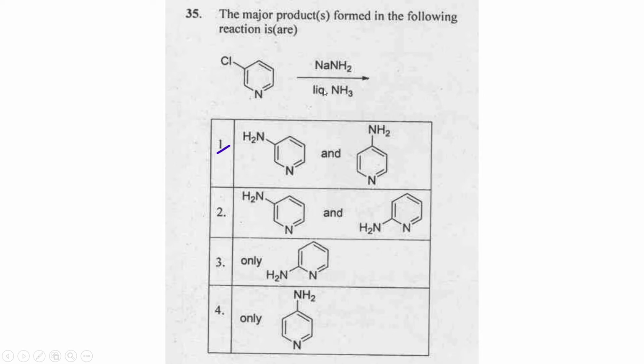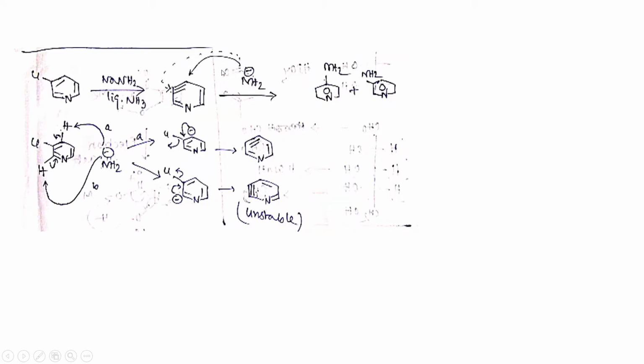Everyone knows that a benzyne type of intermediate will form here. But where will the benzyne form? This is the question. Sodium amide, that is, the strong base NH2 minus, can take a proton from pathway A or pathway B. That is, it can make a negative charge on this position or this position, and accordingly the benzyne will form one way or the other way. But which benzyne will be stable?